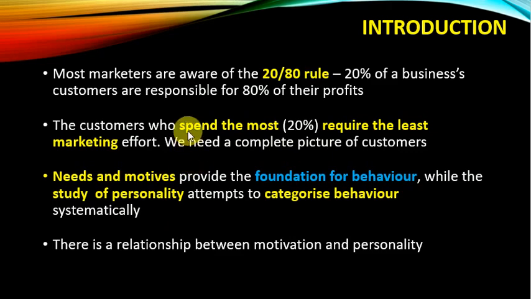Now, I know for sure from studying business marketing in your first year that you are aware of the 20-80 rule, which basically says that 20% of your customers are responsible for 80% of your turnover and eventual profits of the business. Wouldn't it be grand if you could have a complete picture of what these 20% look like and how they behave, their behavior consistency? That would be amazing, and for any marketer almost a jackpot. But it's not